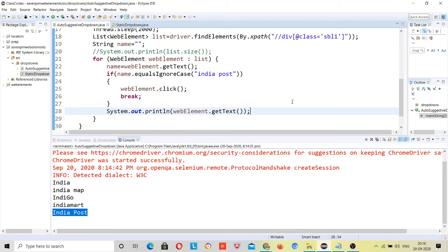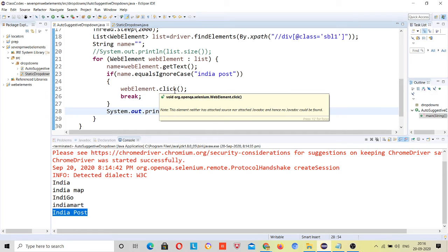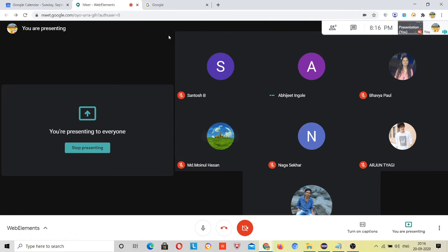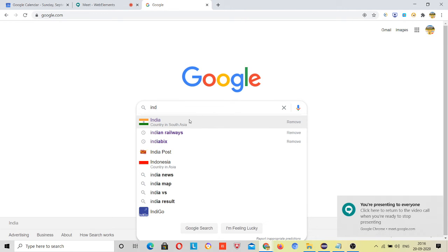Yes, there are other ways also, but this way is more reliable. Why? Suppose I count how many elements are present here. Suppose I get all elements one by one.